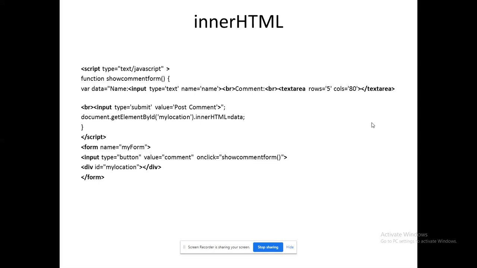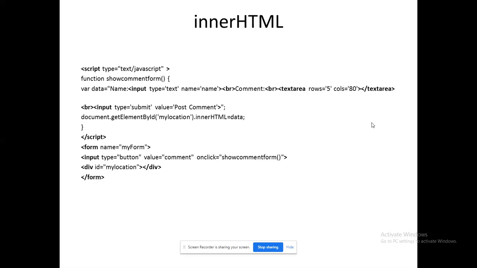In the function, I am ready to give my complete tag within the JavaScript while I use this inner HTML. I am giving the HTML within the script itself in the function, right? Please remember. As well as here you have a provision. If I use the div tag, whatever ID I mention over the div tag, only that particular place could I simulate my script. That's what is going to work over there.